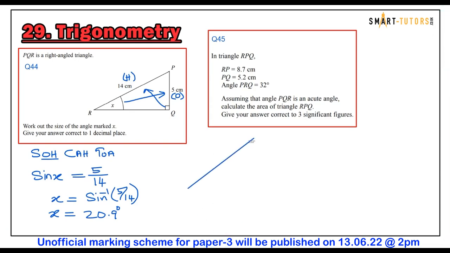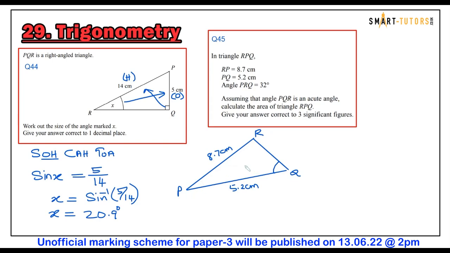So PQR is the acute angle, right? It doesn't matter how you draw the triangle. Just to make sure, here they mention PQR is an acute angle, and RP is 8.7 centimeter. None of them are 90 degrees. PQ is going to be 5.2 centimeter. An angle